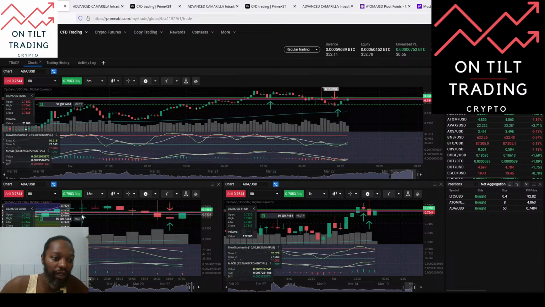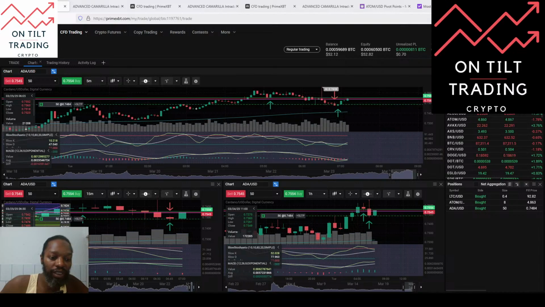You can see my previous entry here, my stop out in this candle here, and then I re-enter in this candle. You can see it makes a low and then starts to buy up again, and I took it based on the Fibonacci level here. And we can see here also on the chart that Cardano is trading above